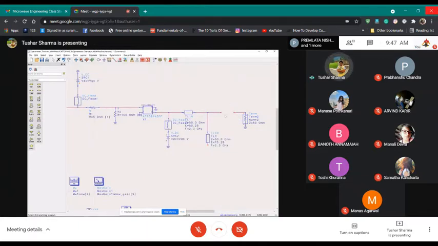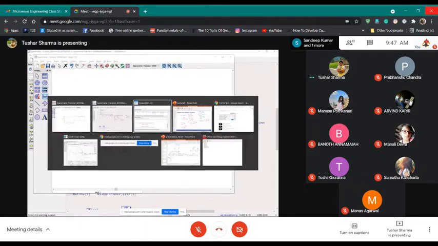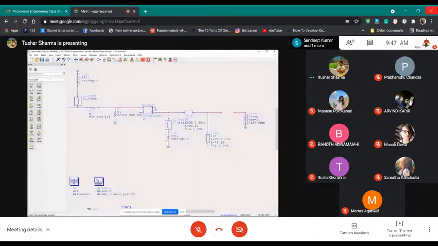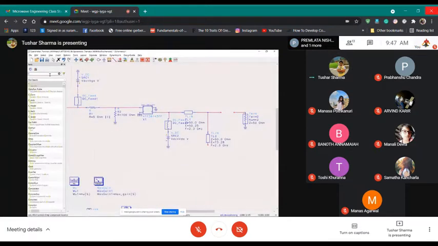I removed this DC block. So 69 pF. So I will take a C and I will put 69 picofarad. So at DC value, basically this has to act like an open circuit.